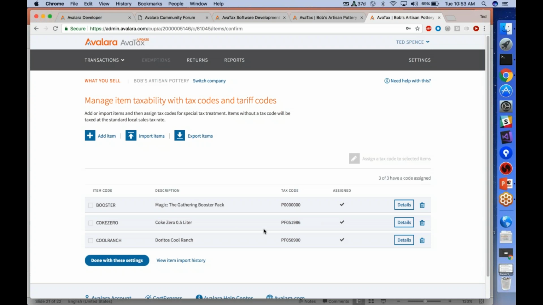Correct. So if you want to set up your items here, first thing to note is any item code you send to AvaTax will be treated as tangible personal property if you don't create an item code here. So if you send us a completely random code, like any random string of ones and zeros and numbers and letters, as long as you've got only 3 items here, everything other than that will process correctly, and will just get treated like tangible personal property. Tangible personal property is the general tax accountant's term for something that is a physical good that you can sell.